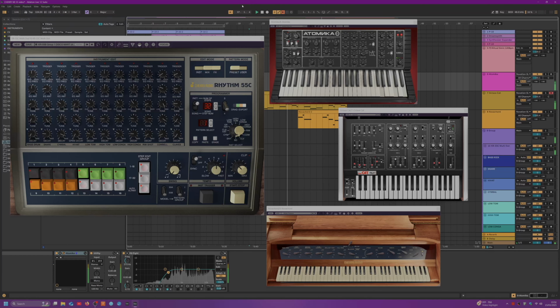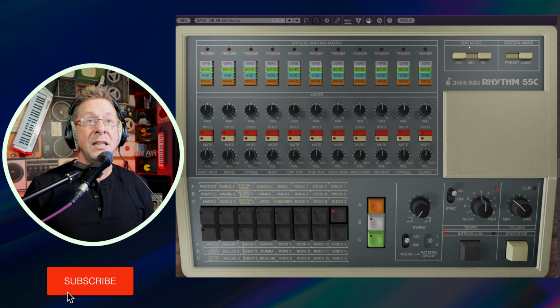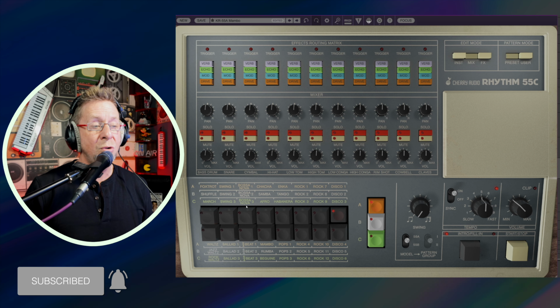Now, by means of some very clever analog modeling and sampling, you get a very faithful reproduction of all the drum sounds from the KR55, and you get all of the drum rhythm patterns as well from the 55A and the 55B. So here's the 55A, and in the preset page here, you can see all of the original drum